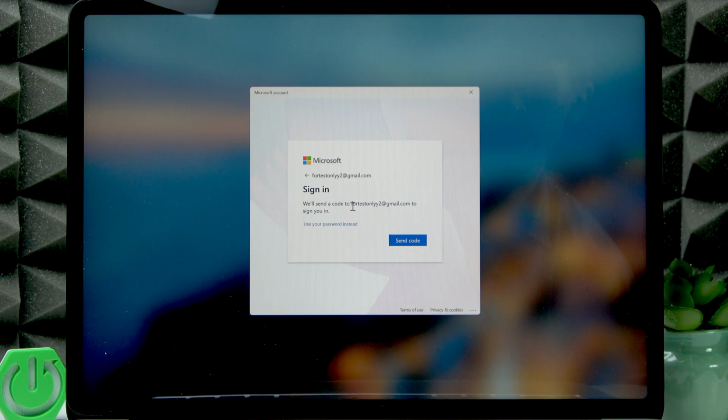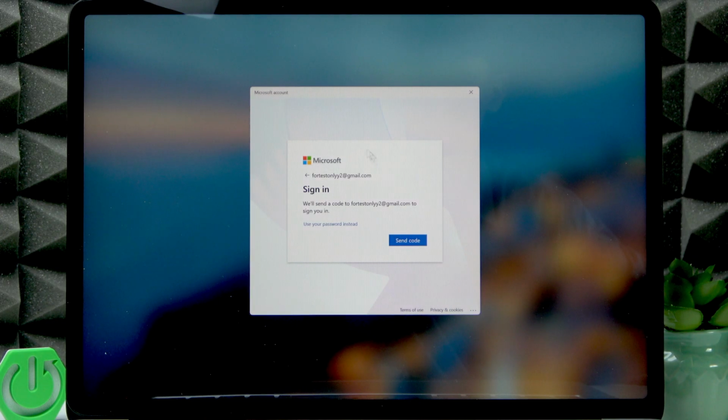But if you don't know the answers to your security questions, then you're gonna have to reinstall Windows on your PC in order to regain the access to it. In such case, we have a separate video on our channel which is titled how to reinstall Windows from USB on this laptop. But in my case, as you can see, I have a Microsoft account attached to this computer,